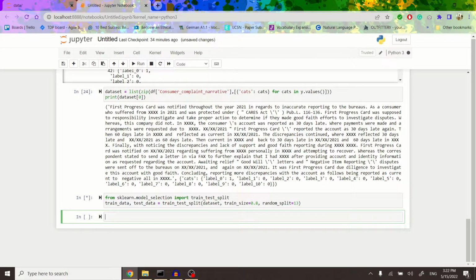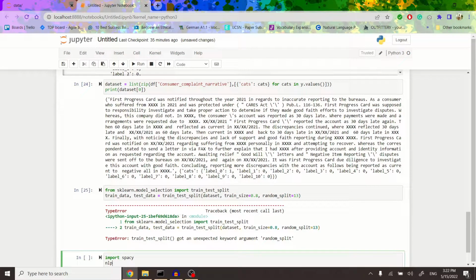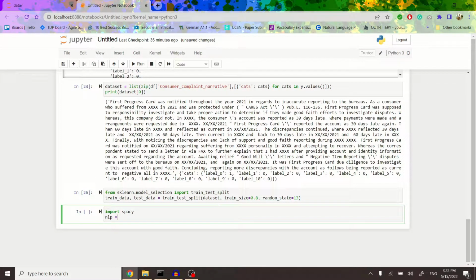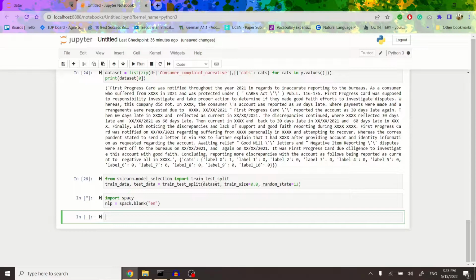And run it. Now we will import Spacy, and it's random state. And in NLP we will load a blank model. There are some already pre-trained models that you can use, but we just want to use this blank model because it's really difficult to fit your problem into a predefined model for a multi-label classification. Now we just do a textcat and we do